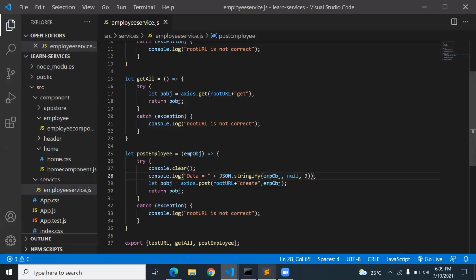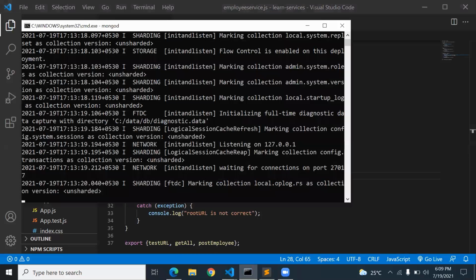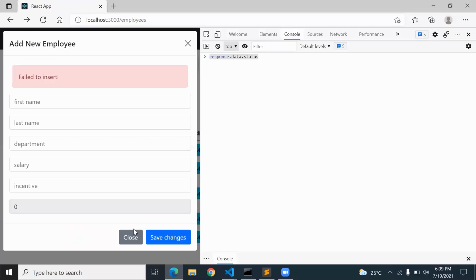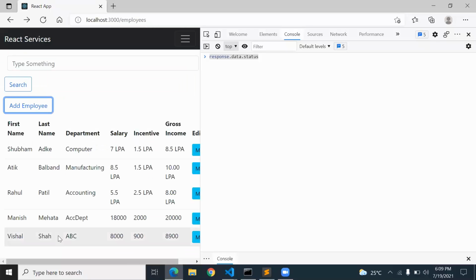It must be a clean record. Okay, now it's blank.